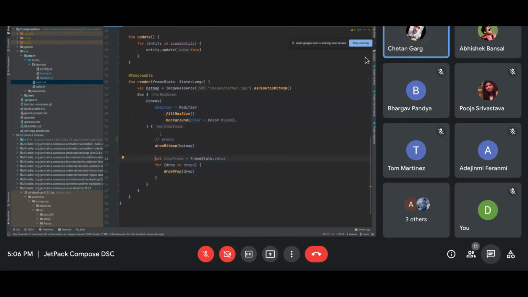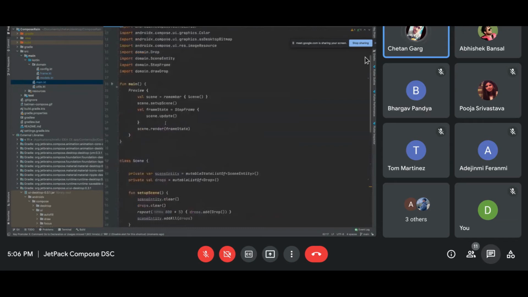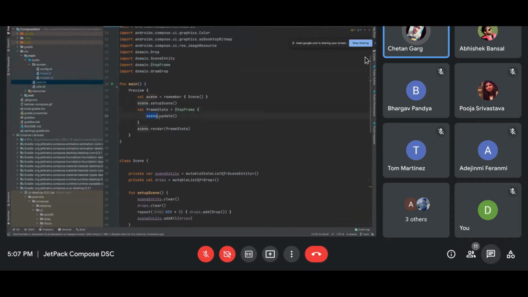While this canvas is re-rendering, this lambda is getting triggered. You can see in here, with every update of the value, this callback is invoked. Whenever this callback is invoked, my scenario.update is invoked.